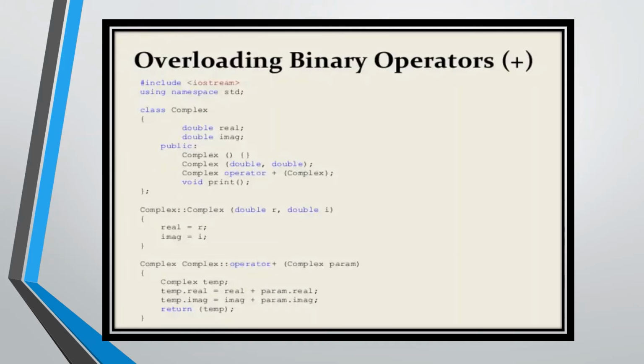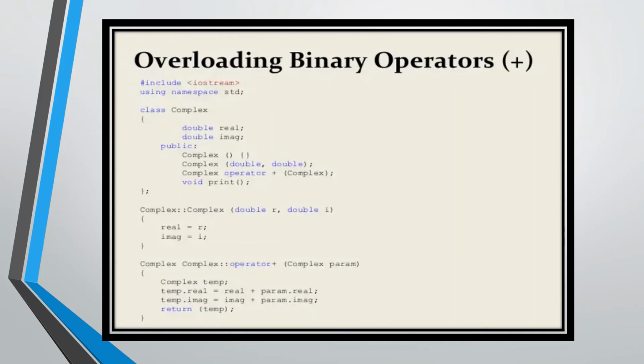What is the first step? First we have to define the class, then inside the class we have to write the data types, that is the declaration of the variables. Then under the public section we have to define the operator overloading function. So here I declare the class complex, then inside the body of the class first I declare double real and double img, that is the real and imaginary parts.